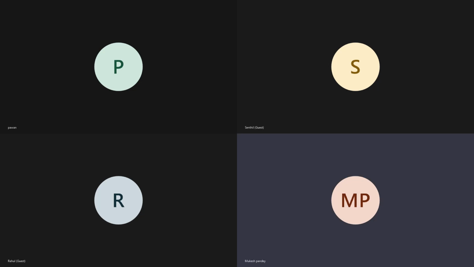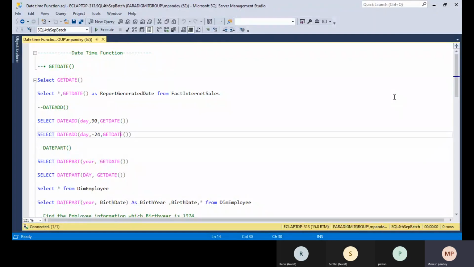So today I will discuss completely about the SQL inbuilt functions and all the system defined functions, whatever functions are available in SQL Server. I will start from the date time functions, and then go to the string functions, and then I will discuss the ranking functions. Aggregate functions I already discussed, and the having clause when I discussed the having clause and group by clause.